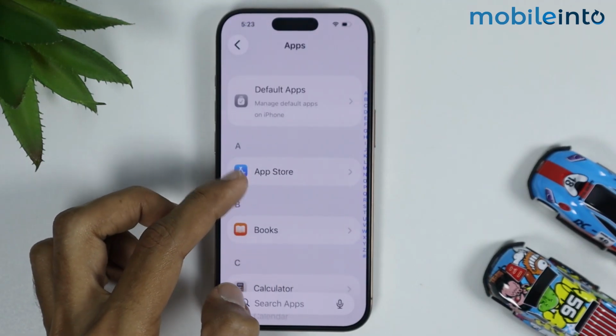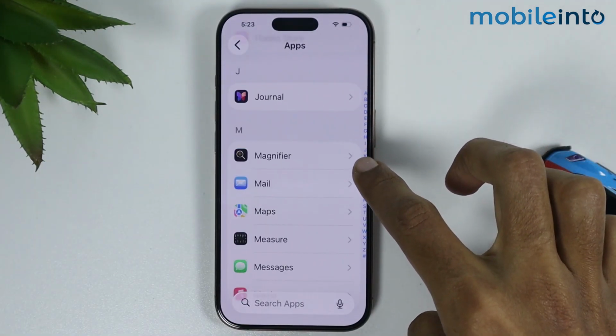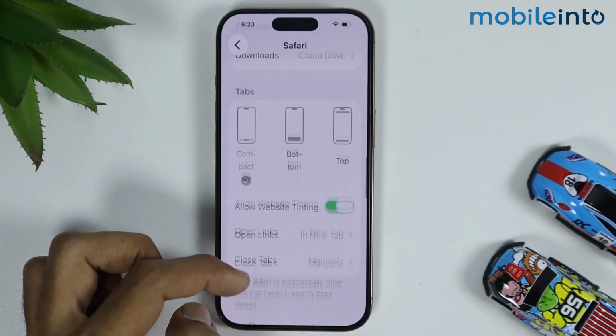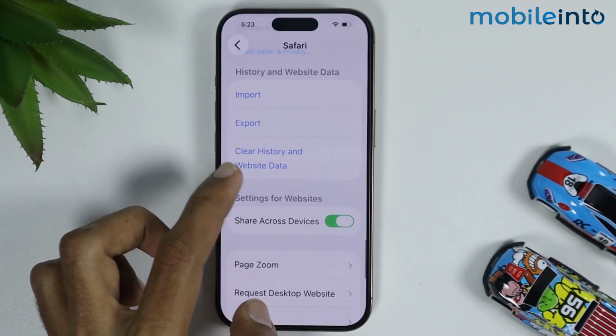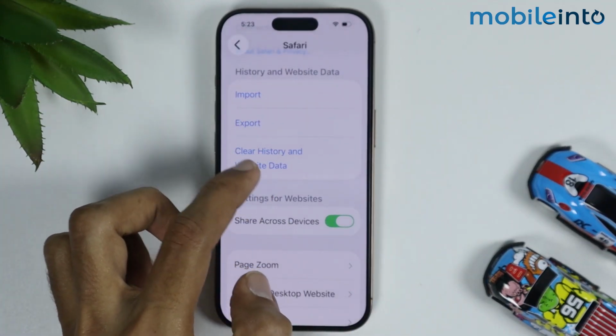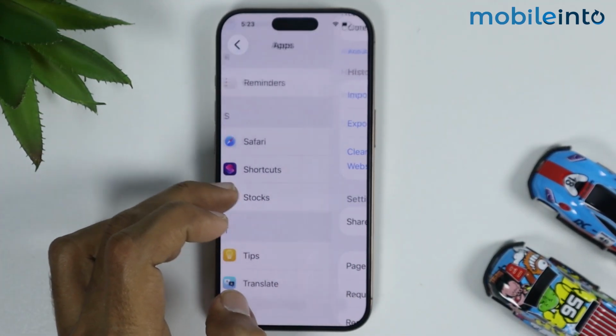and tap on Apps. From this app list, just look for the Safari app. Then tap on it. Now from here, just look for the option of Clear History and Website Data. Now just tap on it, but if the Clear History and Website Data option is grayed out, then just go